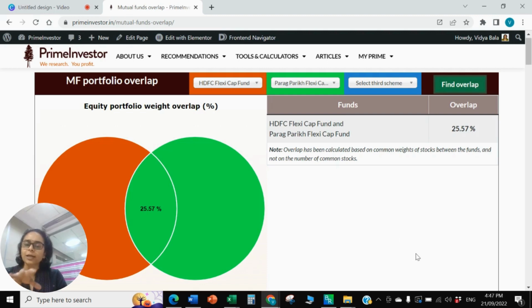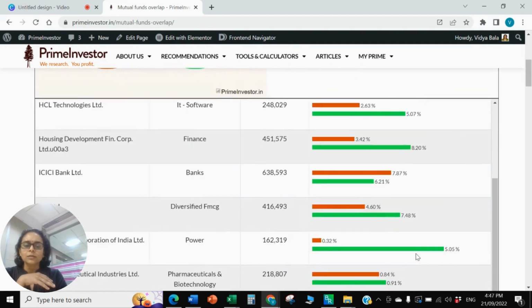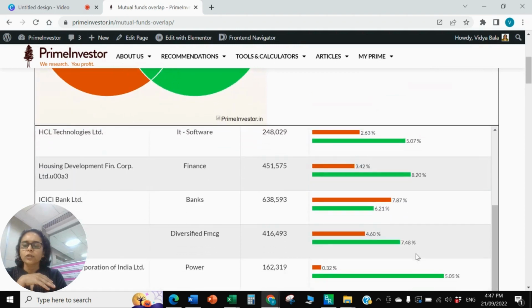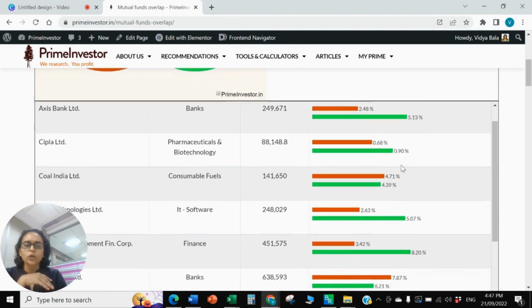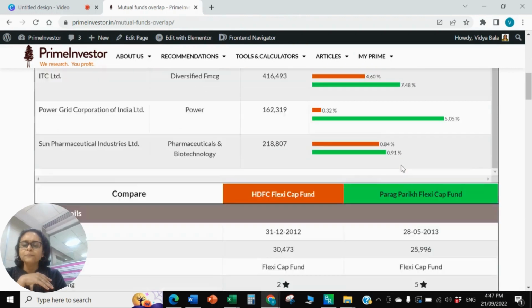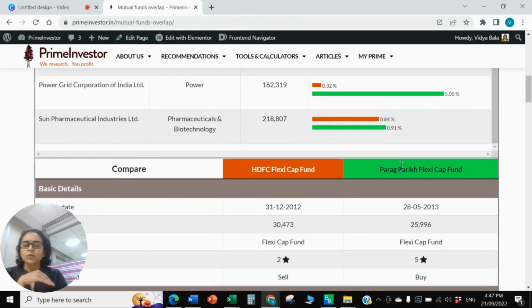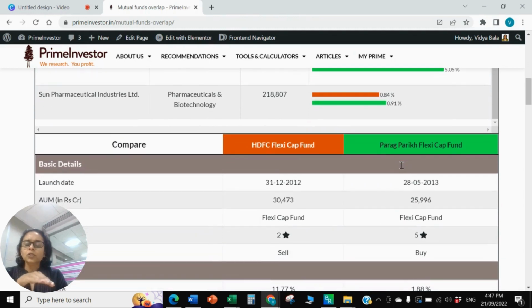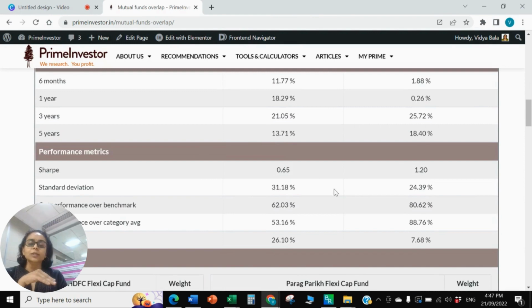So here, if you had held HDFC and Parag Parikh, there is really no concern. And you will see that the number of stocks overlapping are just a handful, maybe something like 7 or 8 stocks, going up to 10 stocks maximum. And the good thing is, even if there is an overlap, this tool also goes further down to tell you their performance metrics, so that if you decide to keep one and not the other,